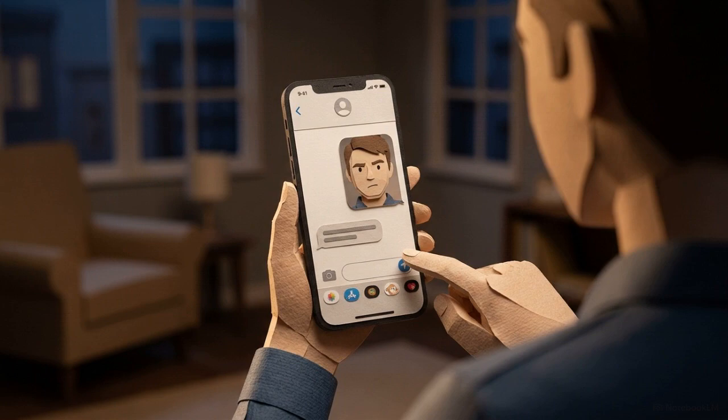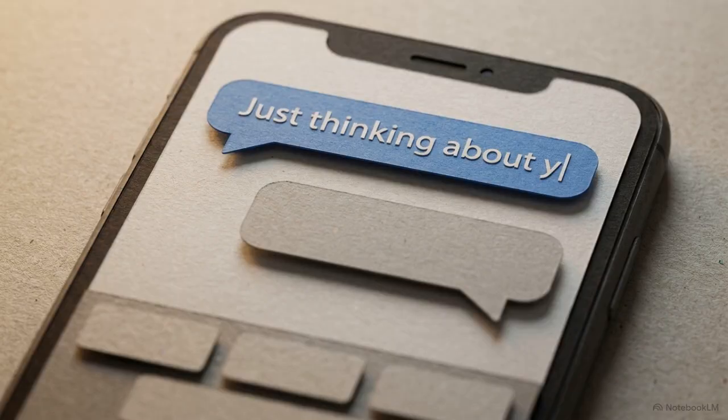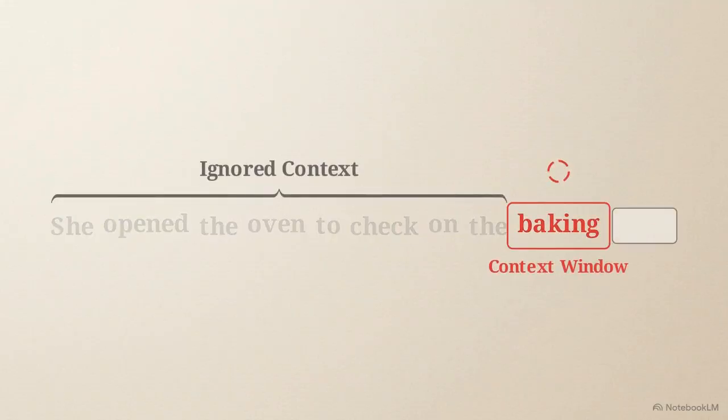We have all been there. You are typing out a quick message on your phone, and right before you hit send, your keyboard jumps in and suggests a word that ruins the sentence. These mistakes happen because standard predictive text has a very short memory. It only looks at the very last word you typed to guess the next one, often ignoring the actual topic